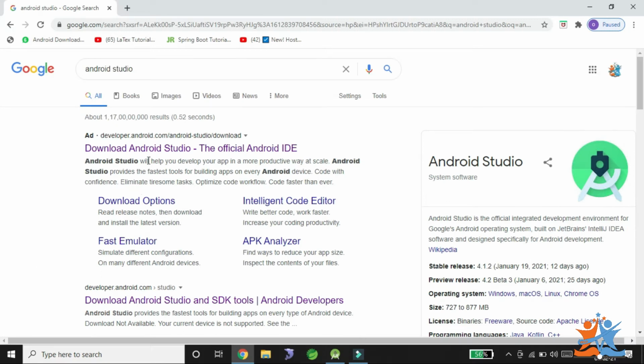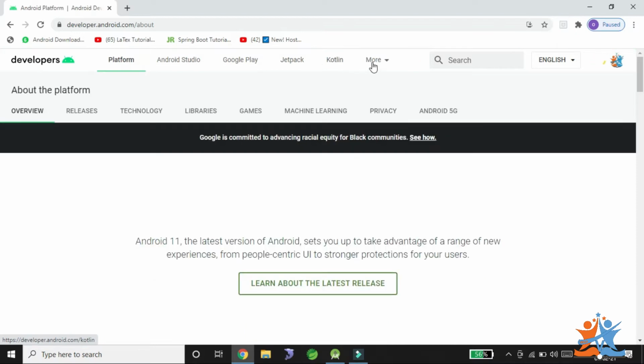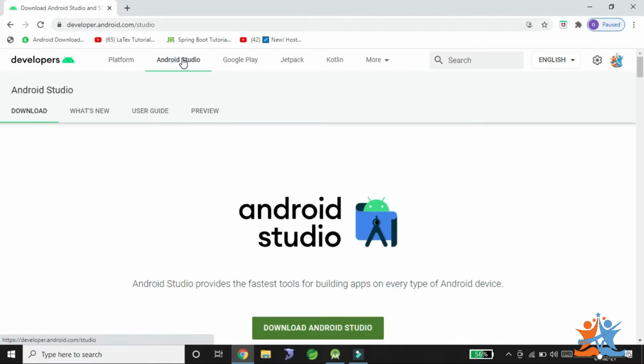In this Android development we have developer.android.com for SDKs. If you observe, in the platform we have all these things, and the latest one, Kotlin. So we need to go for Android Studio here. Select Android Studio.